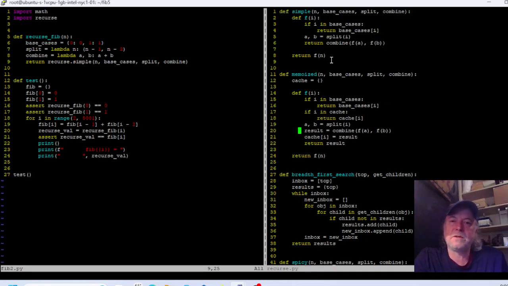Now, if the number's not in the cache, the first time you encounter a value of i, you do need to compute its value. So then what we do is we say that the result is combining f of a and f of b. And again, that's just the same thing we did up here with the simple implementation. But now we put the result in the cache. So if I come back here and run it with the memoized version,